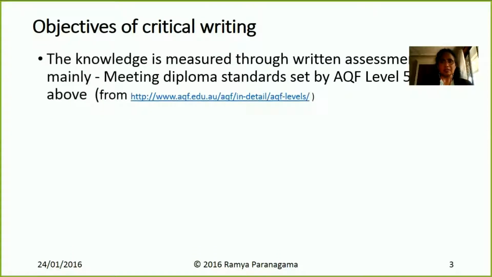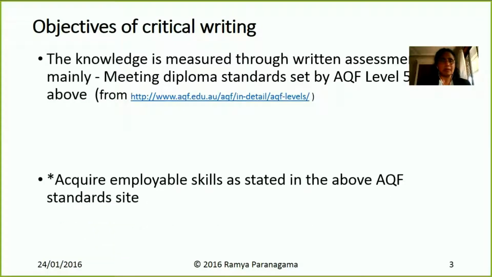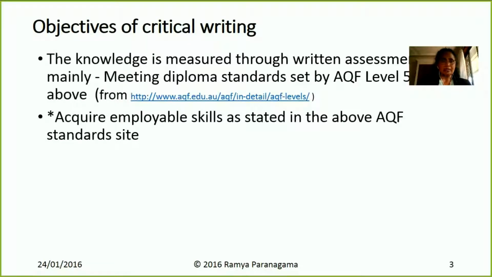So you know that, as I said, for most of the diplomas and higher diplomas, the knowledge is measured through written assessment tasks, right? That is AQF level 5 and onwards. I gave the web link. Another important factor is employable skills. What employable skills? That is the reasoning power, writing and telling an audience. This is how you derive your conclusion based on valid information, and what you say is credible, right? It does not have fallacies, errors. It is believable.